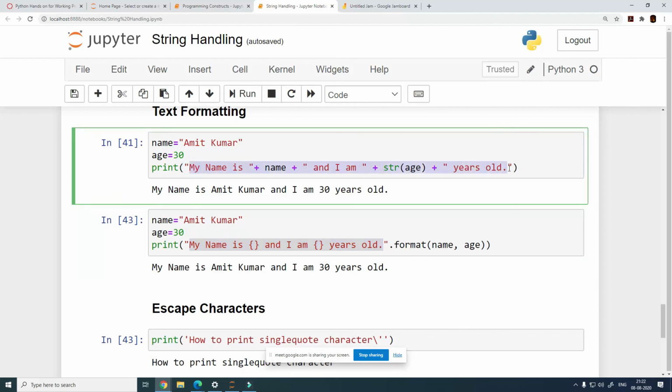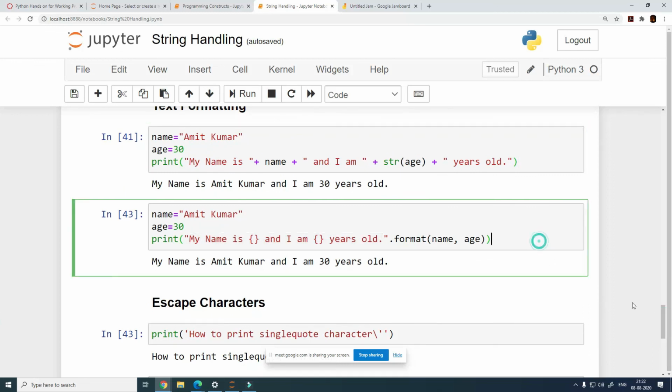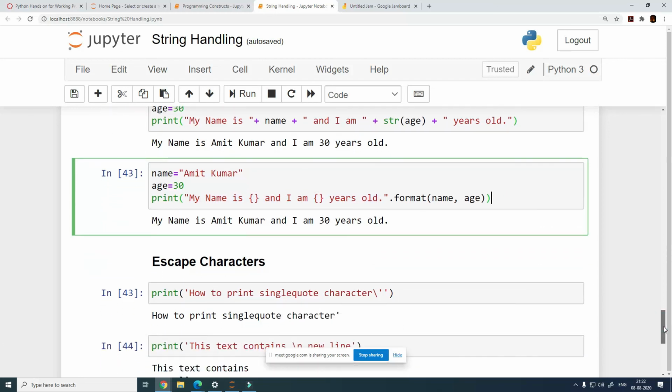Although both of them do the same stuff, none of them is having any kind of advantage in terms of performance or whatsoever. It is exactly the same. So the choice is yours. I'll probably say that you should get used to this. This is much neater to write. This is much easier to interpret as well.